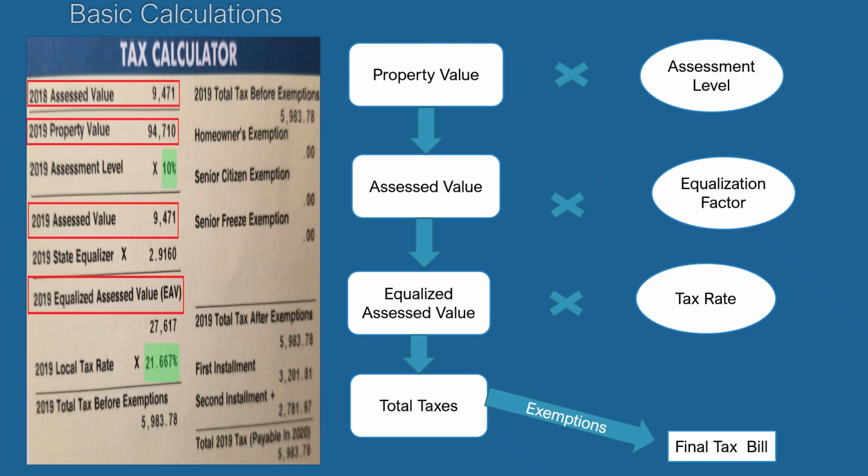Now, if you are a person who owns that home and you live there, that's your primary residence, you can qualify for a homeowner's exemption to further decrease your tax bill, or a senior exemption or freeze. But in this instance, the individual may have been an investor, or that wasn't their primary residence, so they didn't qualify for any of that. So their final tax bill is going to be the same as this number. So that's the ins and outs of calculating your tax bills. I hope that helped to simplify the process for